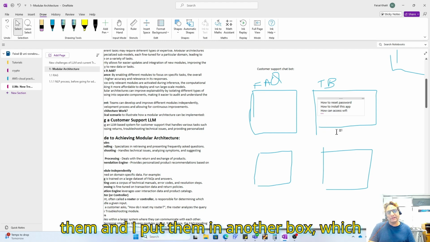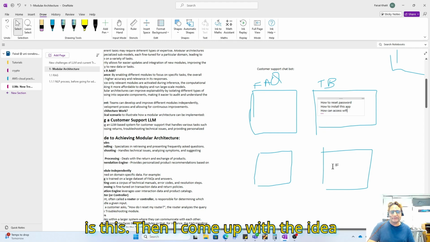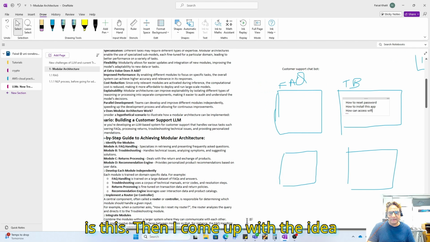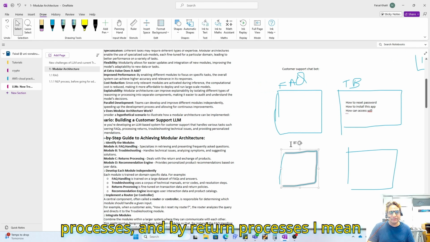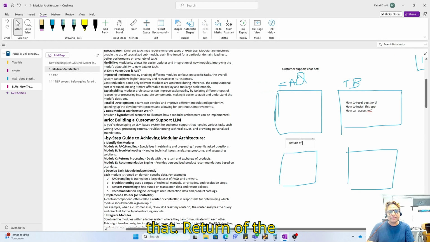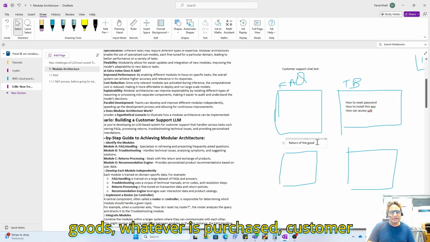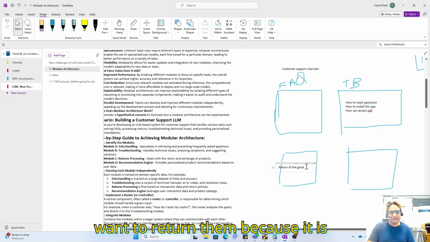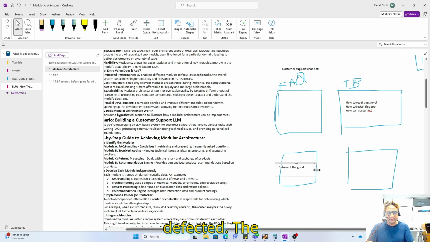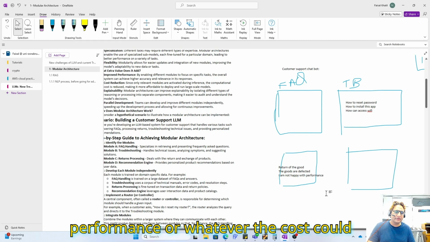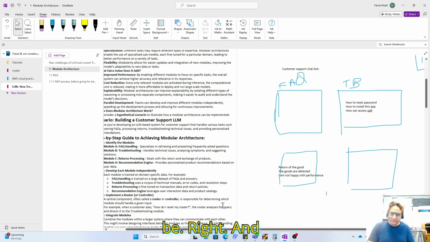I categorize them and I put them in another box, which is this. Then I come up with the idea that there are some return processes, and by return processes I mean return of goods. Whatever is purchased, the customer wants to return it because it is defective, the goods are defective, I am not happy with the performance, or whatever the cause could be, right?